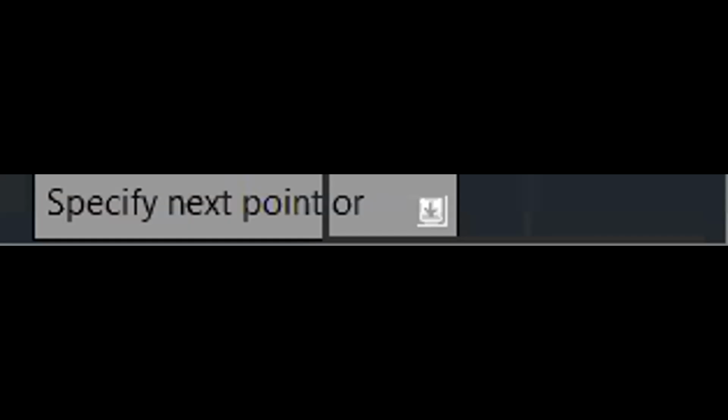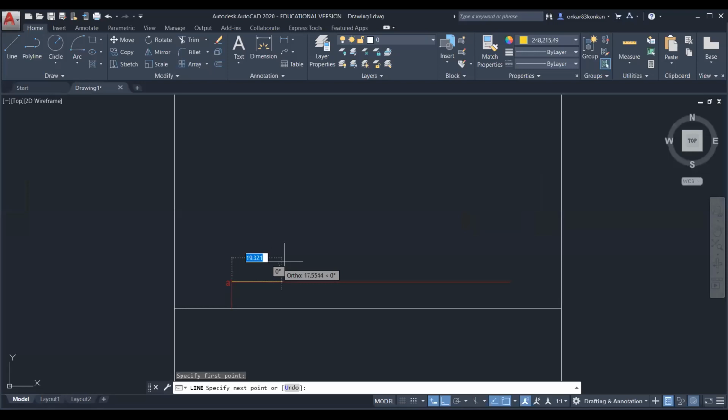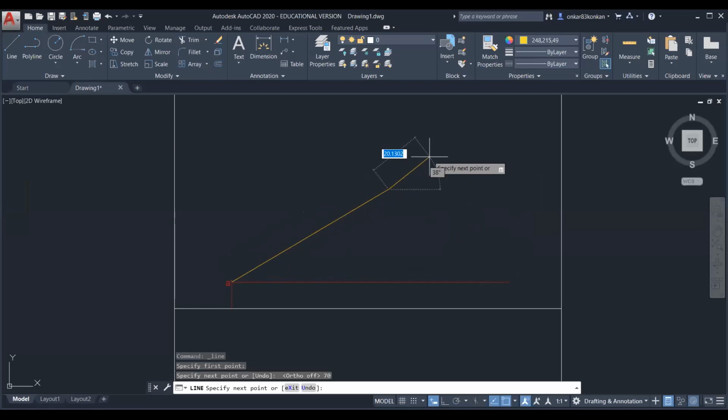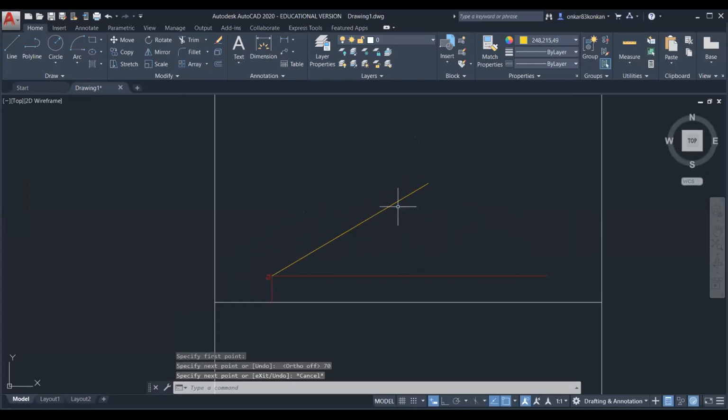So take the starting point and at 30 degrees, draw the line with the true length equal to 70 mm. Okay, so this is the true length of the line.